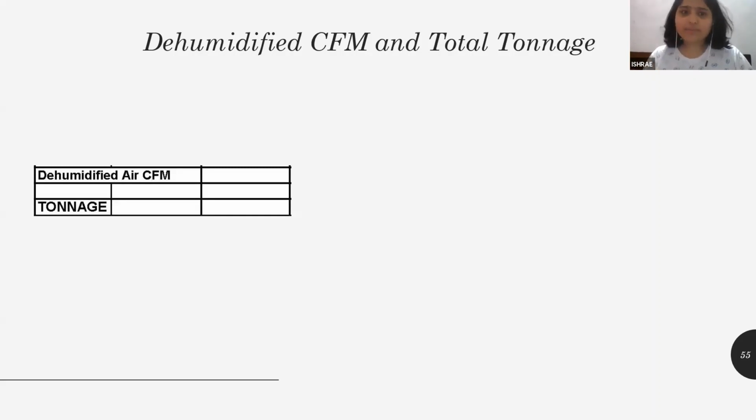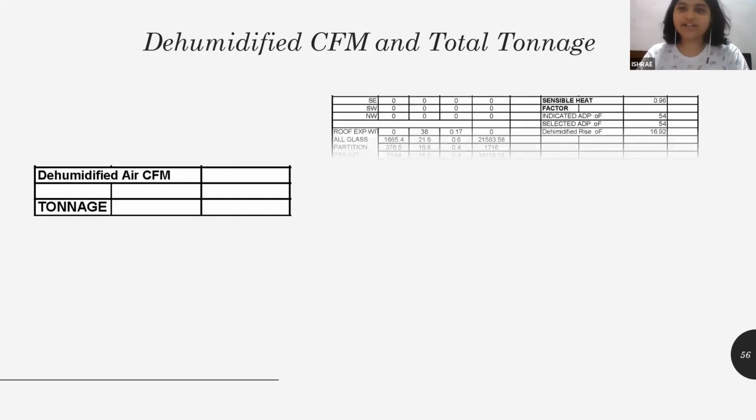Because sometimes what happens is if you get a CFM of 3000, but a tonnage of 1 ton, then the amount of CFM that the 1 ton machine gives is not 3000. So the amount of air being dumped into the room is much less than what is actually required by the heat load. Right now I'll first show you how to calculate the dehumidified air CFM.